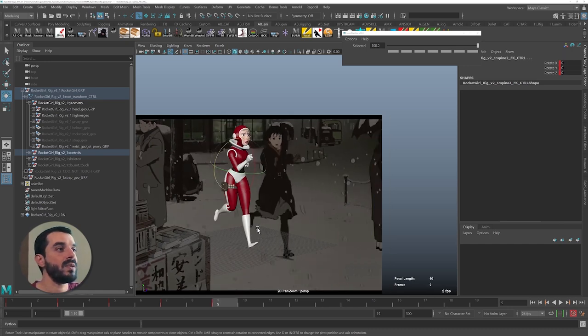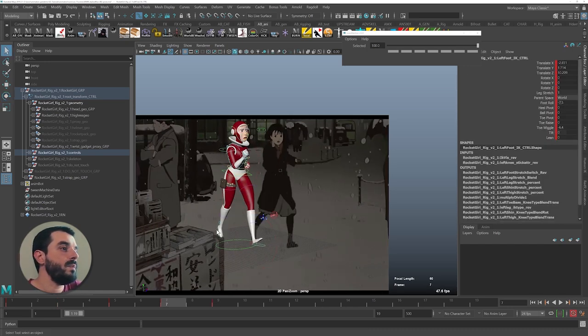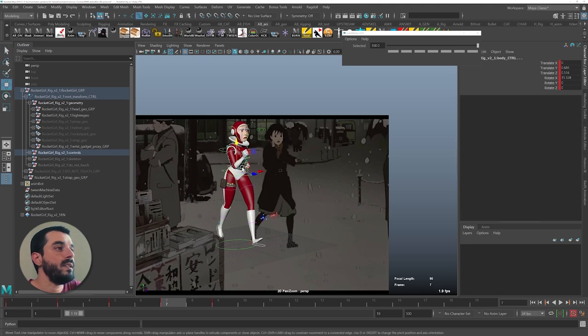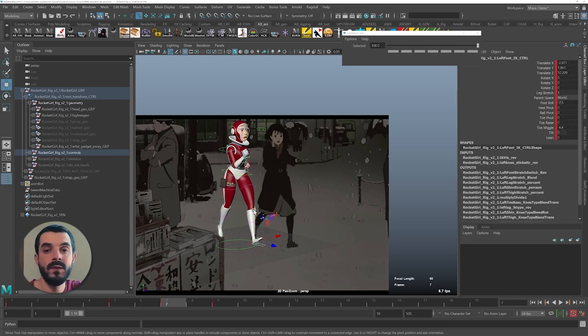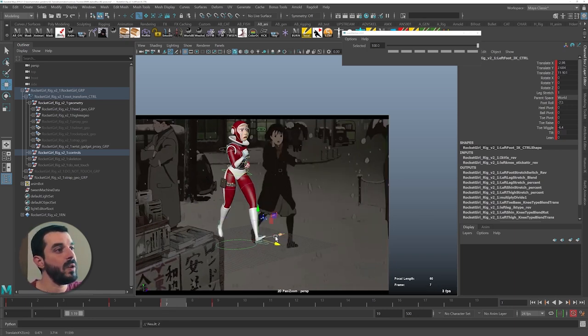So I think we need to do something about that, and that something could be to grab both the feet and the root control and just move everything up a little bit. And then for the foot which is leading, the left one, I'm going to lift the foot a little bit more, move it forward a little bit more, so that the motion on the way down, you see, will be